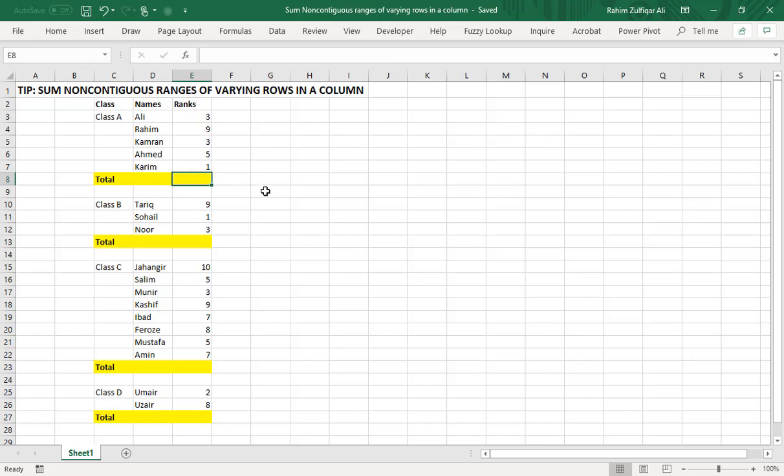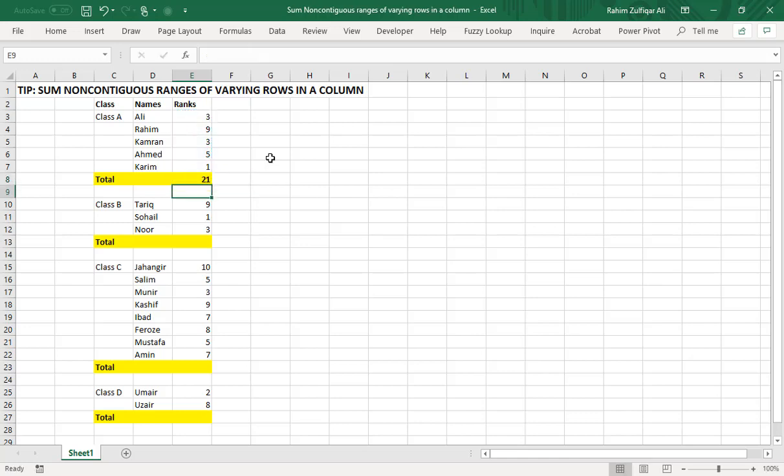This technique I learned from my financial modeling course, about the sum function technique, where there are two approaches. Normally we use the bottom to top approach when we do the sum. For example, if I write the sum function here and select this range, I'm doing the bottom to top approach, right?